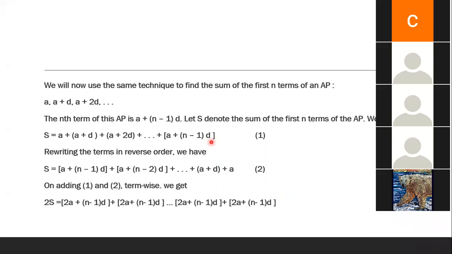Same way, what I've taken as an example, here I'm applying it to the nth term of an AP. First one is A, second term is A plus D, third term is A plus 2D. Any doubt, children? And the nth term, we already learned, of an AP is A plus n minus 1 into D. Here S represents sum. Am I clear, children? A is the first term, A plus D is the second term.